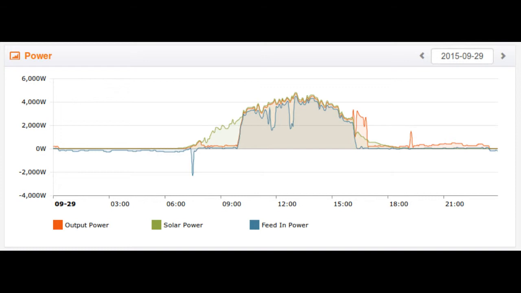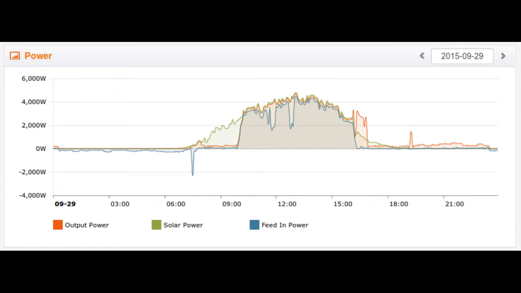right down. And then into the evening there, you can see now that we're not exporting anything to the grid, and we're not importing anything from the grid. The blue line is pretty much sitting on the 0 watts line, and the red line is just power being generated from the battery. So the little spike there is again probably a cup of tea or something like that, kettle gone on. But the rest of it's just sort of background usage, watching telly and the fridge and freezer and that sort of thing being on, until eventually at about 10 o'clock-ish, 10:30ish, right at the